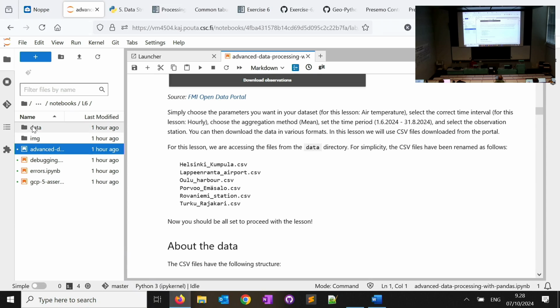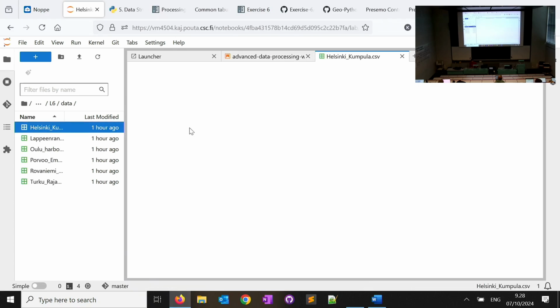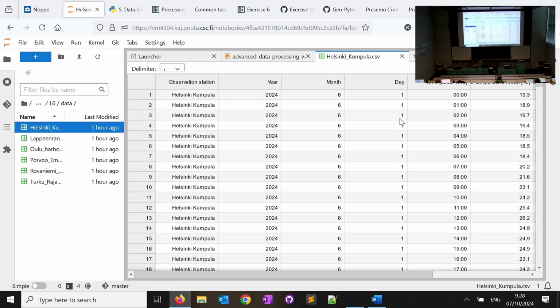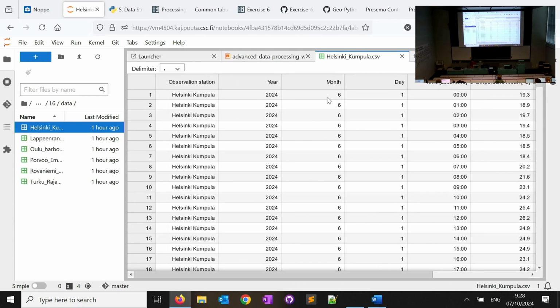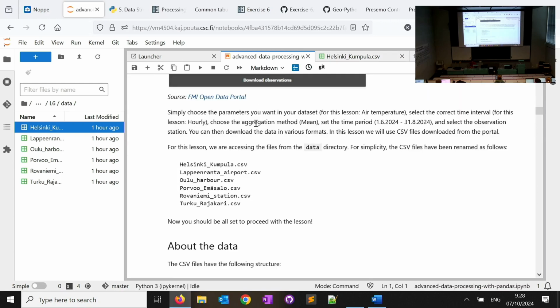If you want to check out the data, all the data sets from all these 6 cities are under the data directory, Helsinki and the other 5 cities. So you can take a look. We can already open the Helsinki data. This is what our data looks like. It's CSV. Of course, in Jupyter Lab, when you open it, you will see it nicely visualized like this. It has some styling already, but the raw file is CSV, so comma separated.